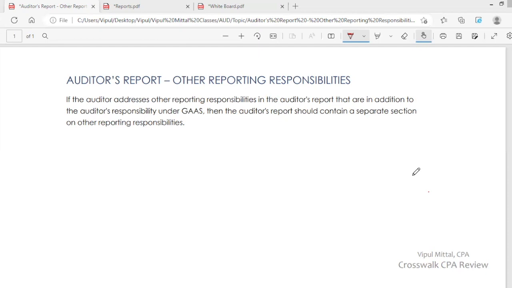But sometimes under laws and regulations, you may be required to report on certain other matters also. So you are reporting on financial statements, but you may be required under the law to report on certain other things because it is a legal requirement. You have to report on those matters. For example,